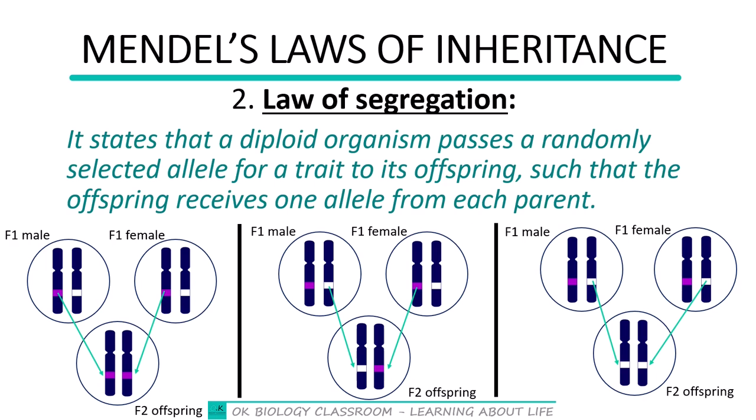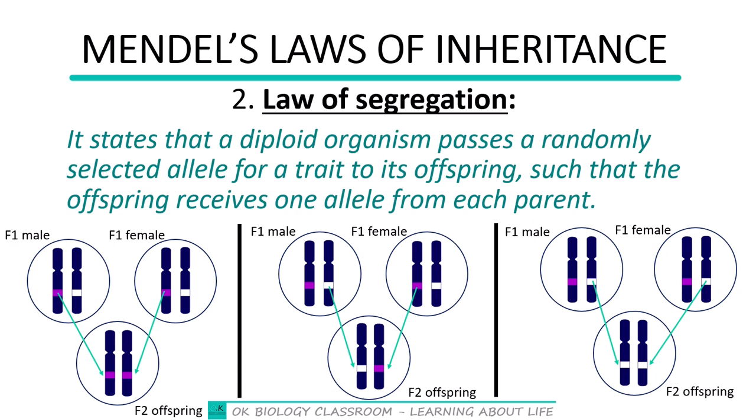So Mendel based on this occurrence to explain that in diploid organisms, the alleles are selected randomly. Any of the alleles can be chosen from any of the parents since the chromosomes are not transferred together. So it means the alleles are not passed on together.